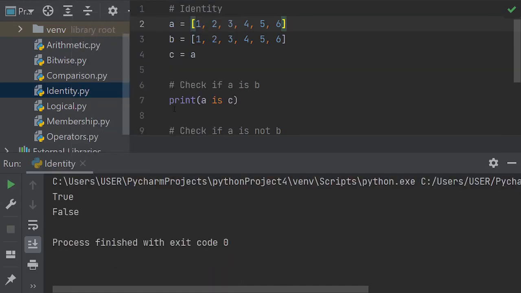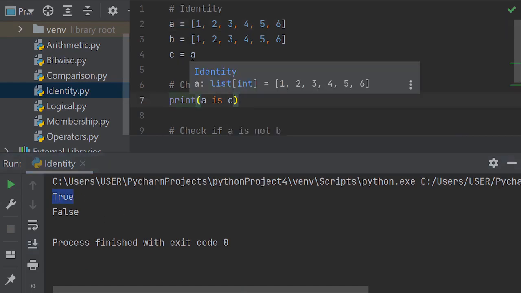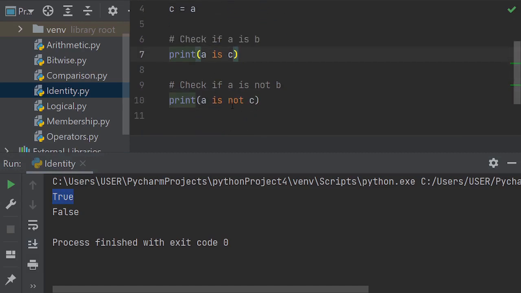Okay, so interestingly, a and b are assigned basically the same values, and then c is assigned to the object a. So when we ask if a is c, Python tells us that it is true. Okay, so a is assigned to c, so they are the same object. But when we find out